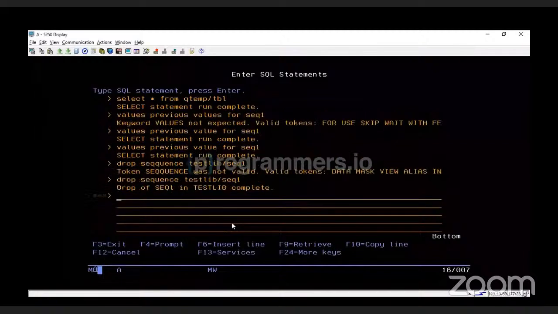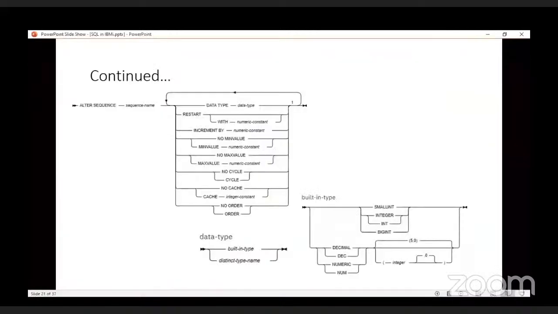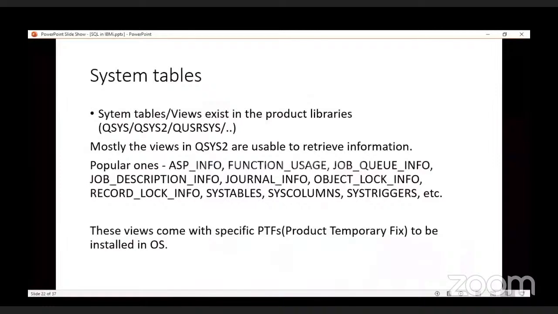So when we drop, the data area will be lost. Now the next one is system tables. The product library, which is QSYS or QSYS2 provided by IBM, has a few views, you can say for the logicals as well. It has been provided by IBM to check various system values that are currently stored, or like there is